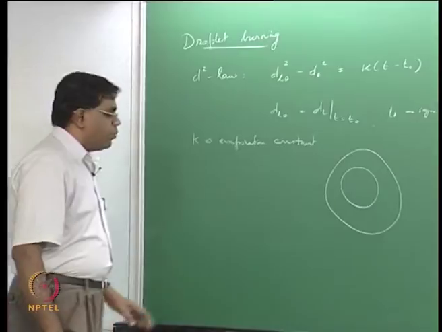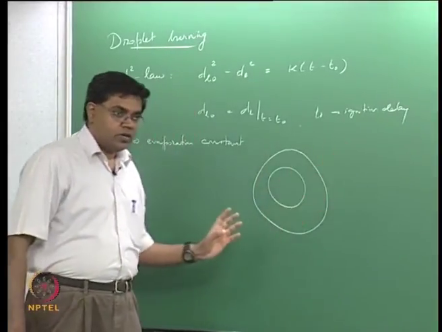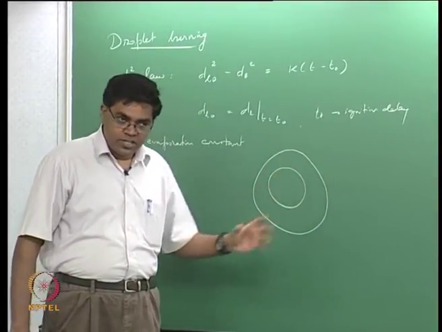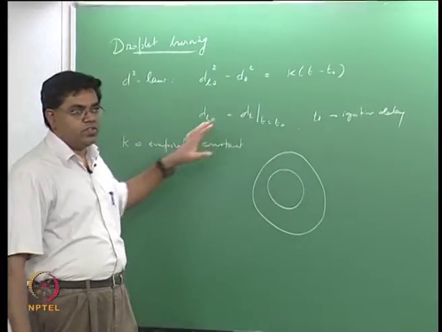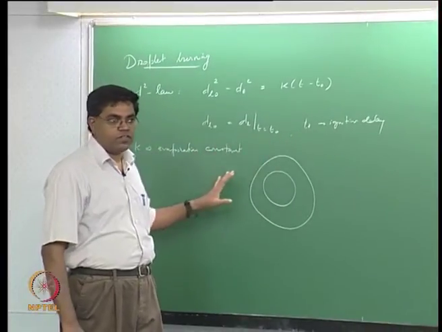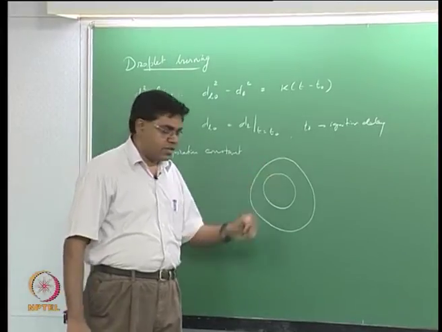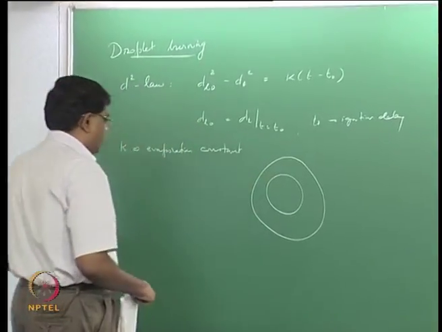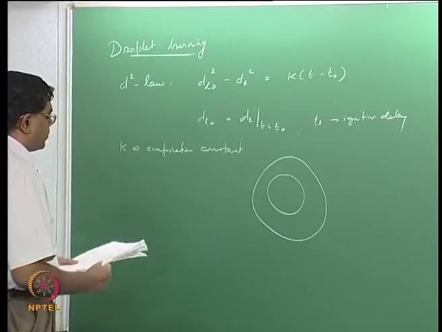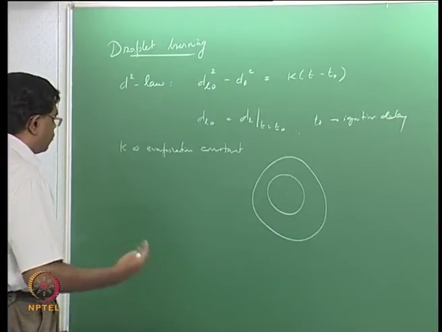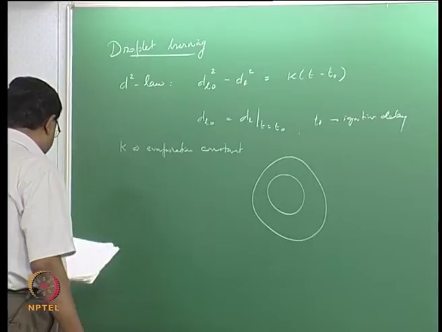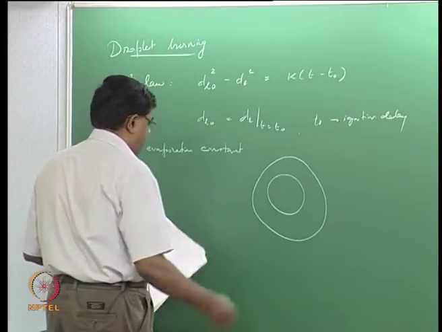If the droplet were to be moving, so that there is a motion for the droplet, then the motion can correspondingly induce a distortion in the flame shape relative to the spherical shape that we have assumed. So that is not to be considered in what we are assuming, because we are saying it's a quiescent ambience. So if you now have a concentric flame,